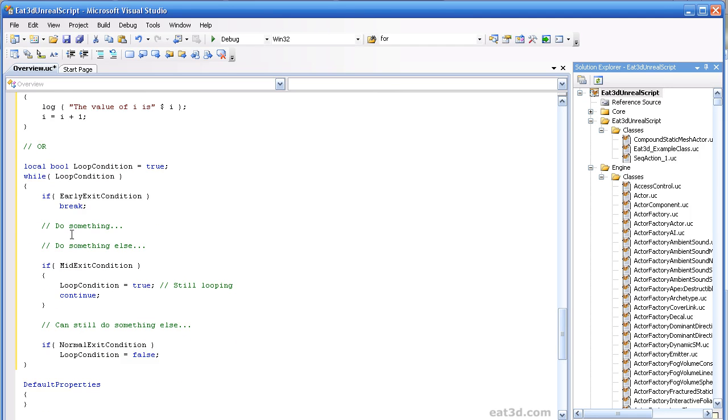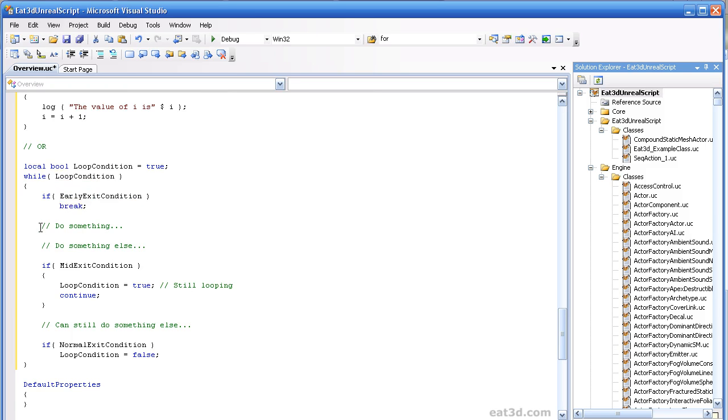So just to recap really quickly, this is a case where we're looping as long as this is true. We're starting out with it set to true. We have some early exit condition, which could be a variable of the class. It could be local to this function as well that we would be operating inside. But if that is true, we're breaking out of this while loop and saying it doesn't matter what this is, we're done, and continue on.